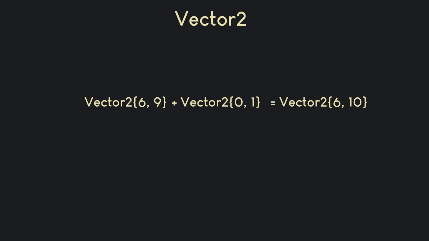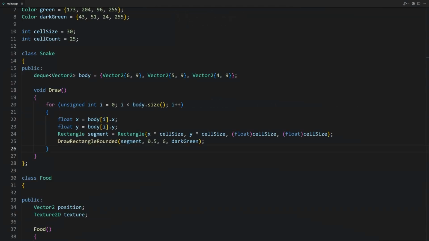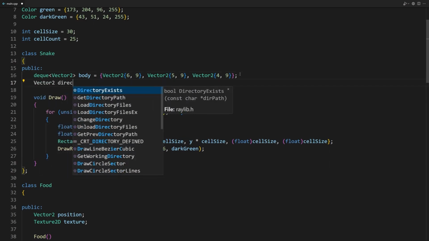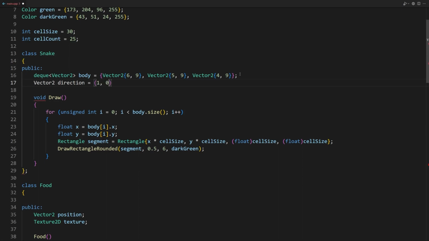Now let's implement this in code. First, let's make the snake move to the right. Then we will implement user input to control its movement. We will add another attribute to the snake class. We need to know the direction in which the snake is moving, and this attribute will be a Vector2 struct. So we will add the following line to the snake class. Vector2 direction = {1, 0};